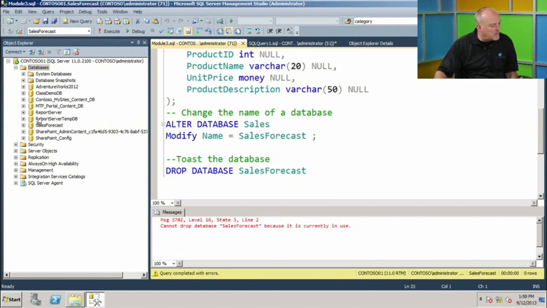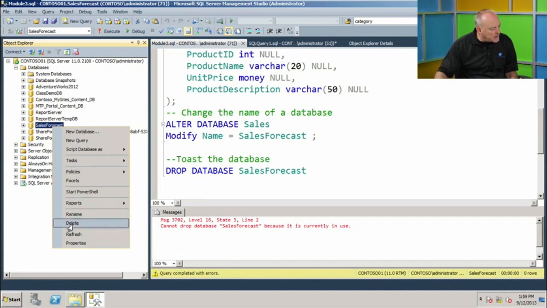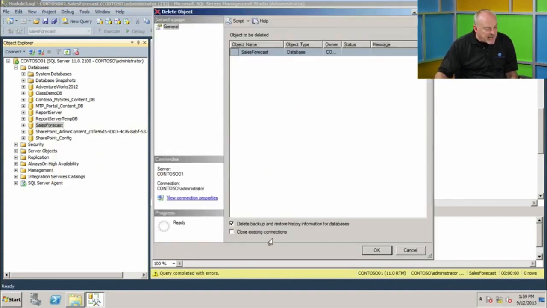Let's see here. I know another way we can do this. Come over to the right, and I can do a delete here. Now what's happened is I have a connection to it. Because that failed, I'm going to come over here. There's a connection to it. So my guess is if I do OK here,